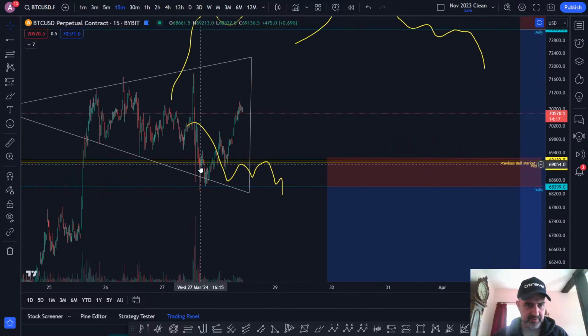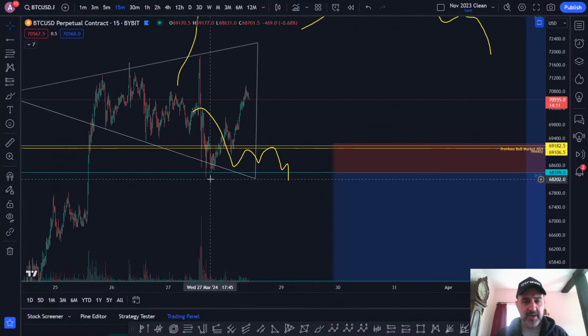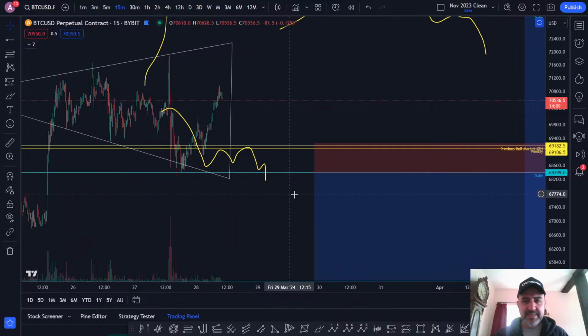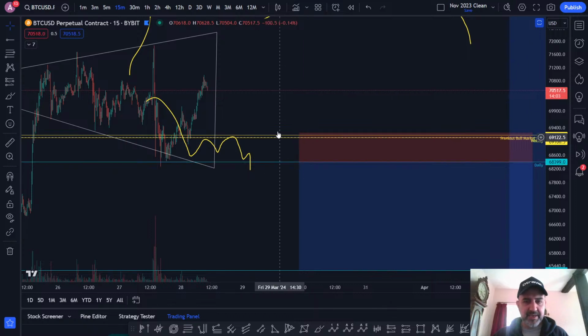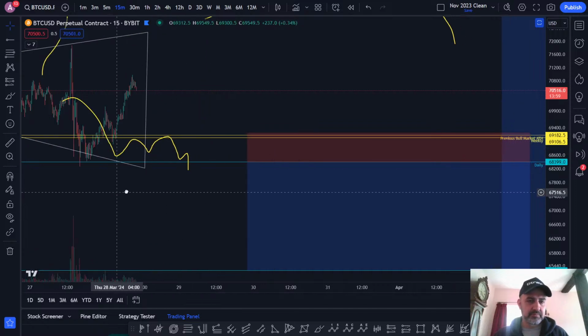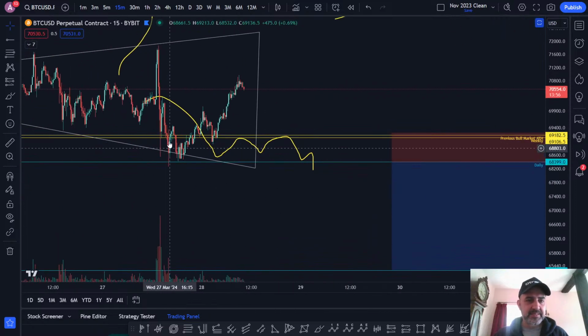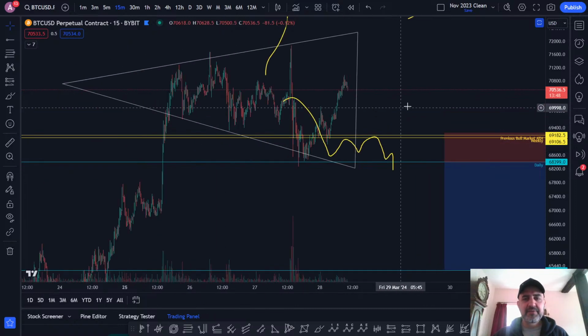So I wasn't looking for a short as we lost that weekly, because it's a weekly and sometimes it does that. I was actually looking to short the loss of the daily, so that's why I had my entry down here with an invalidation back there. So I was looking for some kind of resistance, and you just can't see it. There's no resistance. As the price came back up, it actually found support.